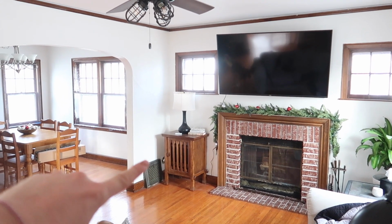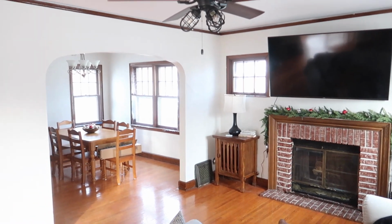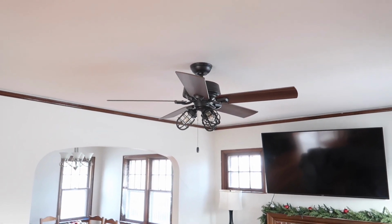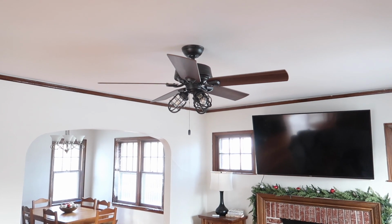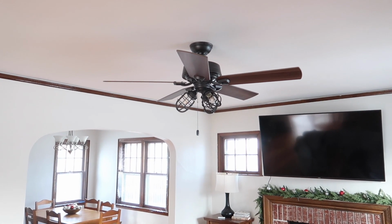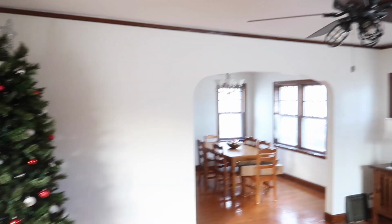My mom did decorating. That table was here last time. She found that for like 10 bucks. It's a World Market table though. So we have that in here. We replaced the ceiling fan. And when I say we, it just means my parents have helped me with those things for sure because I don't have that many skills. I've learned a lot the last month, but anyways,